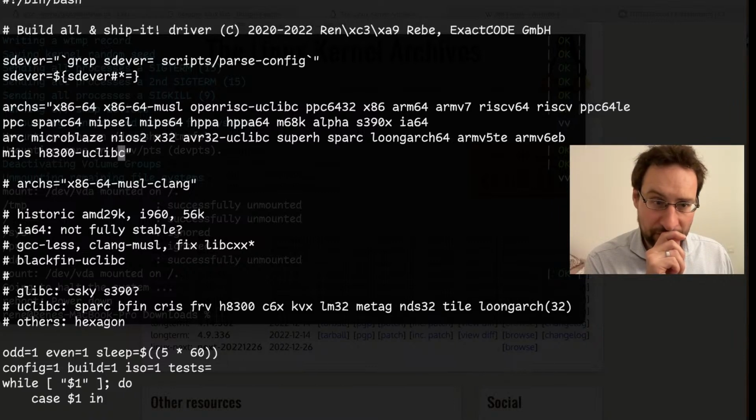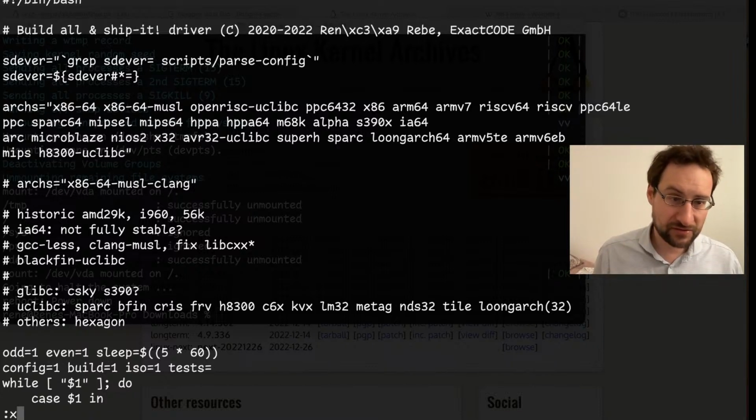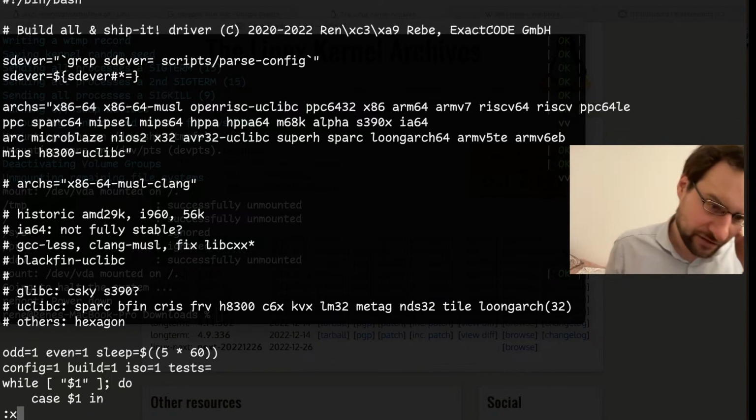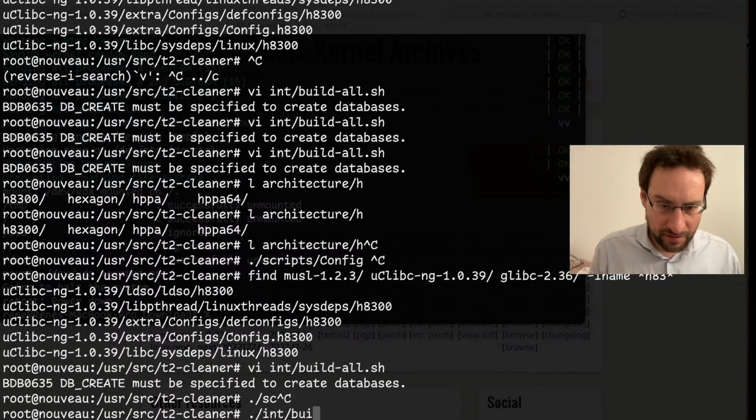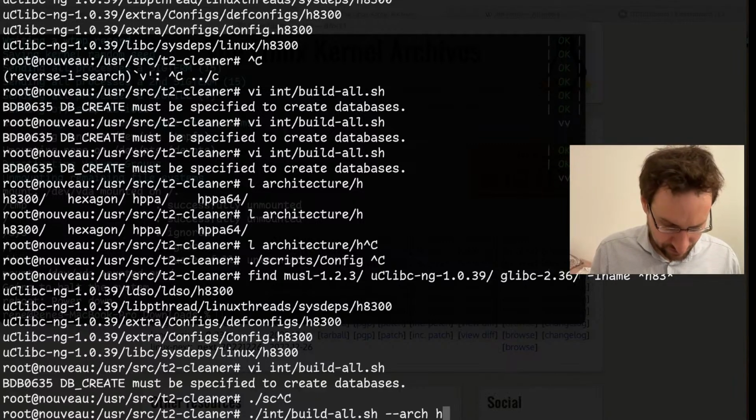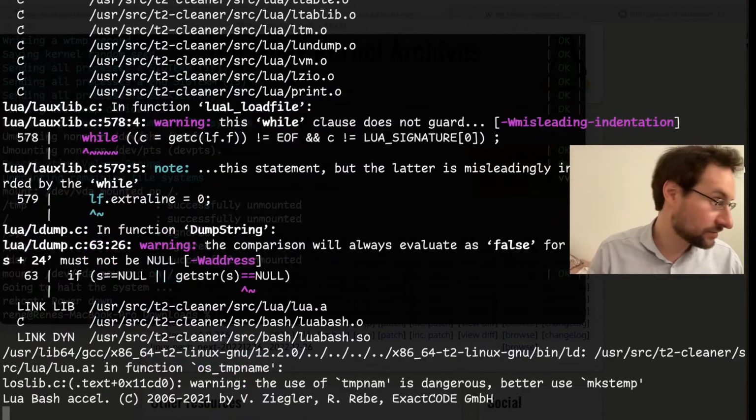If there is no glibc support, it would default to uclibc. I just scan this list for how I usually do it. AVR32, I also suffix with that, so to keep the scheme here, I'm probably going to do that. Build all for, what was my syntax? I think H8/300 uclibc. Let's see if this explodes.